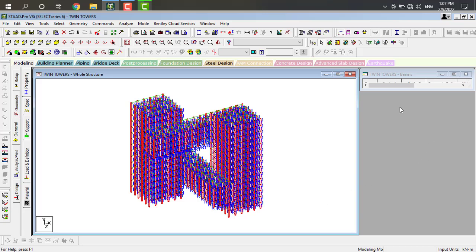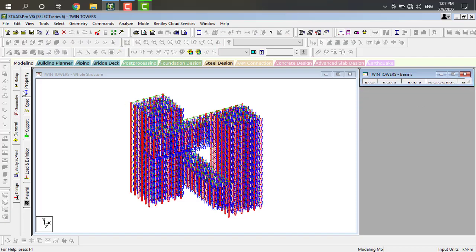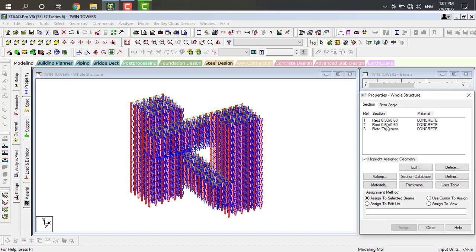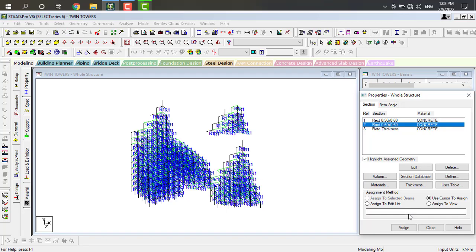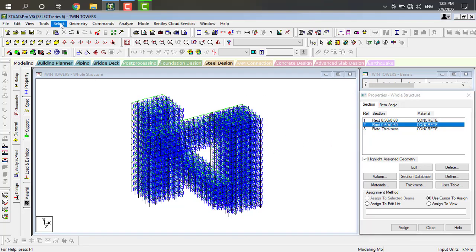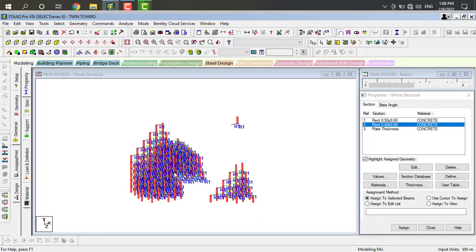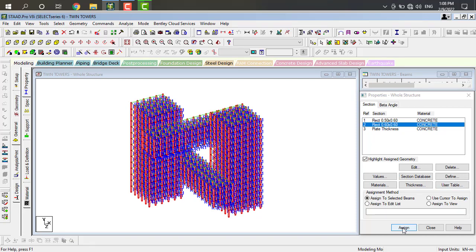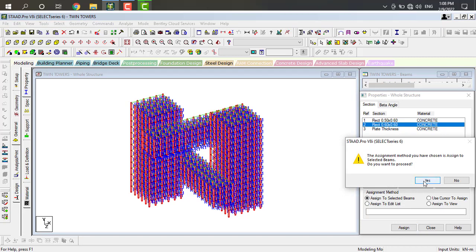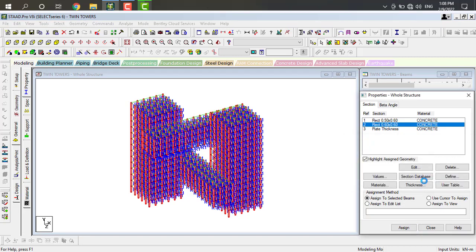That means those are all columns. Beams parallel to the Y direction, assign to selected beams, click on assign, click on S. Yes, it will also be applied.